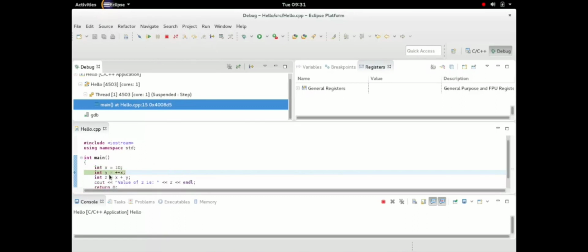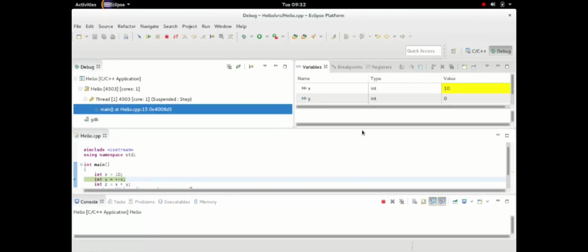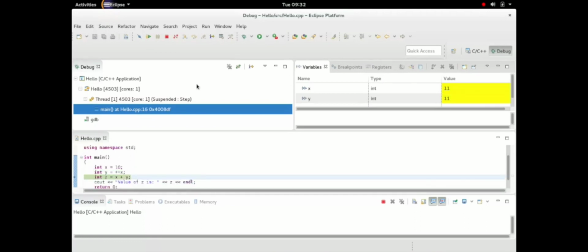You can see the arrow has moved down one line here. The debug window has updated our location to line 15, and execution is still paused. X is now highlighted in yellow in the variables window, and that means that it has been changed. Let's step over again, and you can see both X and Y have changed from this next statement and are